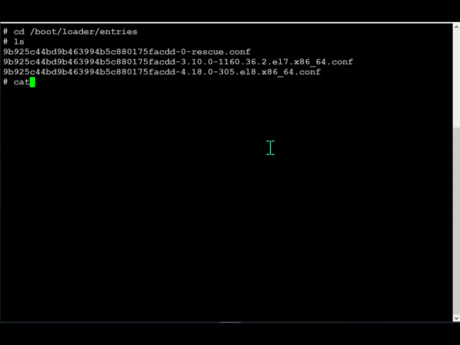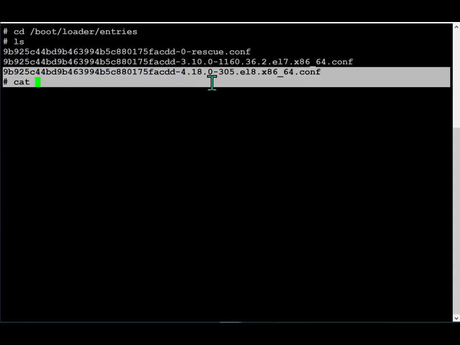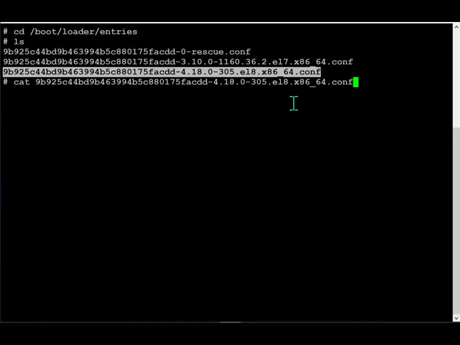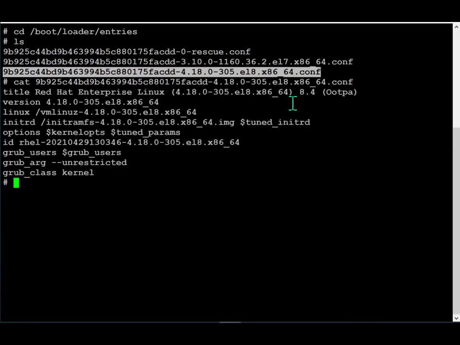If we go ahead and cat this particular file, because you'll notice that it all has the same ID, not sure how that works, but what I'm going to do is paste this, and we can see we have information on how this information gets loaded and makes all the references. So even though we do have a grub.cfg, all the bootloader information now happens to be under this directory, /boot/loader. If we were to change directory to ~builder,